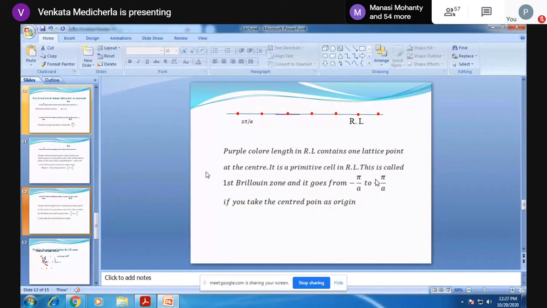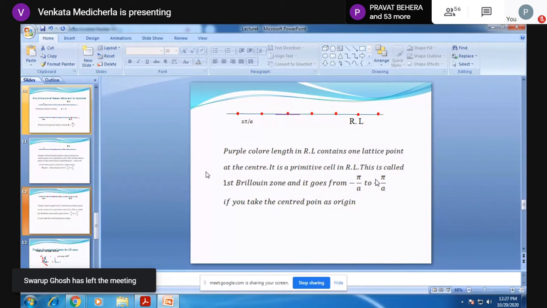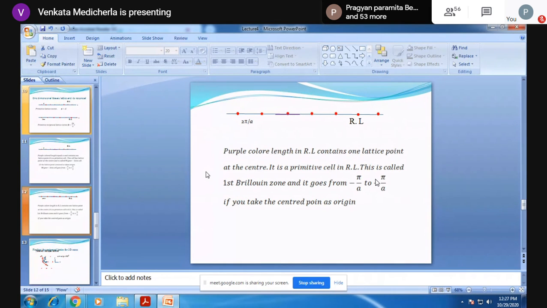You connect it to all nearby points from the center point, take it as origin, and connect it to all points and bisect them by perpendicular planes. And whatever polygon you are getting, which is the closest to that center point, that is called Wigner's cell. But if you want to define Wigner's cell, for example, for